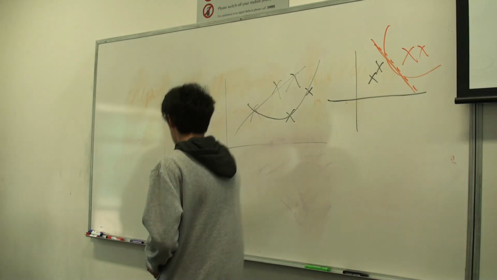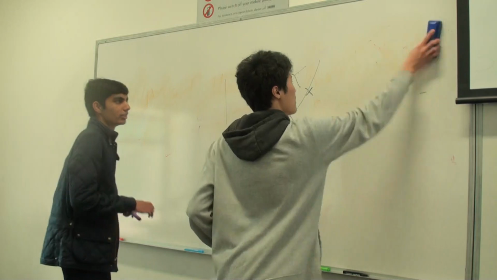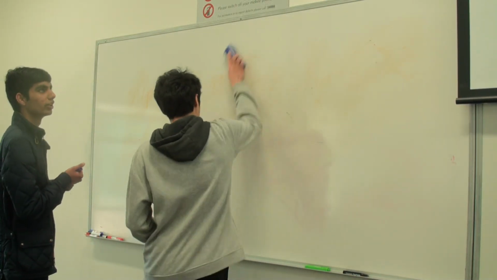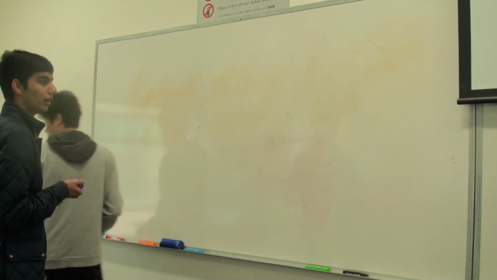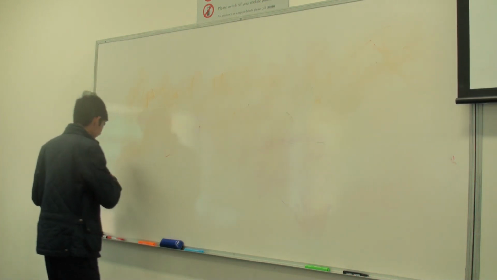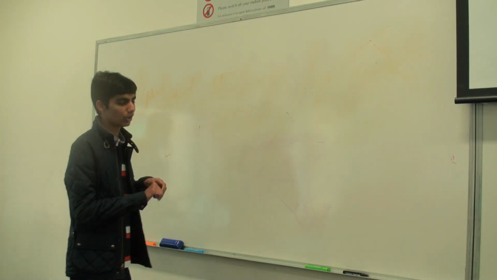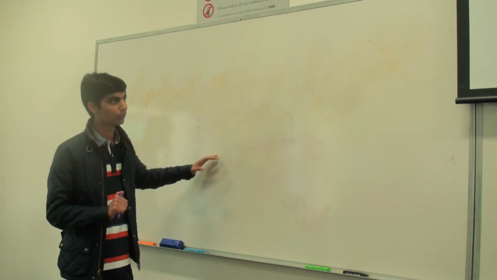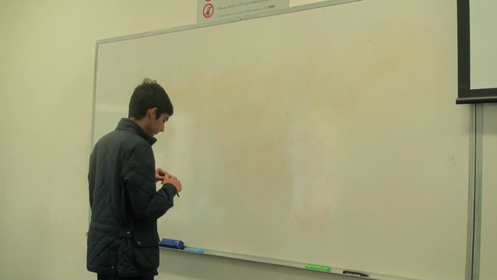Yeah. Okay, so this is another method of machine learning called decision trees. So it's basically a hierarchy of decisions which lead to a final output. For example,